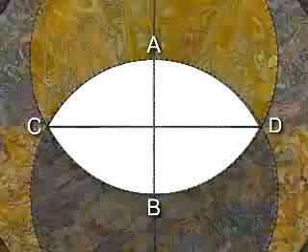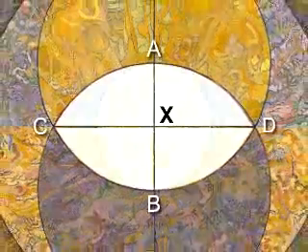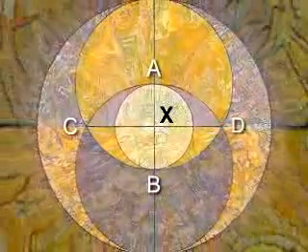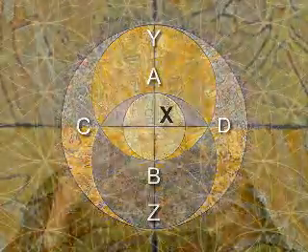Those two points, C and D, bisect the vesica piscis and create the cross in the center and a new center, point X. So this introduces the transcendental nature of this pattern. It slips all the way into infinity and all the way out to infinity with smaller and smaller overlapping circles and larger and larger overlapping circles, all the way to infinity.